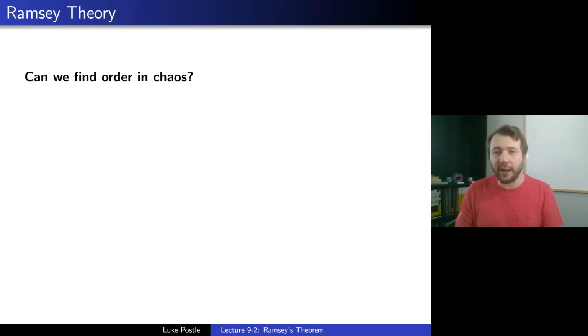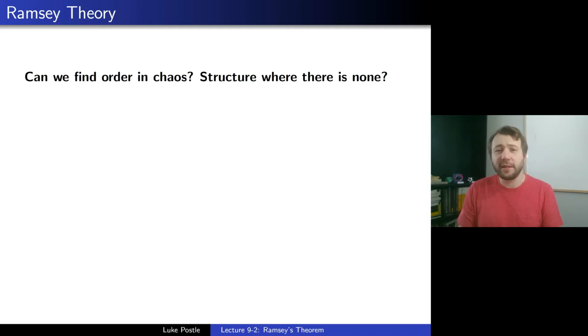Before we get to Ramsey's Theorem, let me discuss Ramsey theory. Here's a general philosophical question. Can we find order in chaos? If we're given chaos, is it possible to find order? Said differently, can we find structure where there is none? If there's no structure, is there always some substructure? Is there always structure even though you think there isn't any? This might seem weird, and you might say obviously not true, but really it is, and that's the point